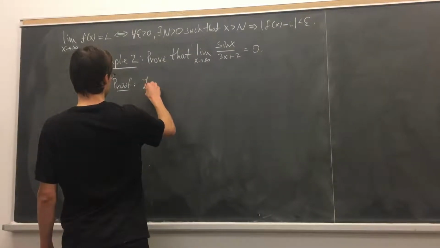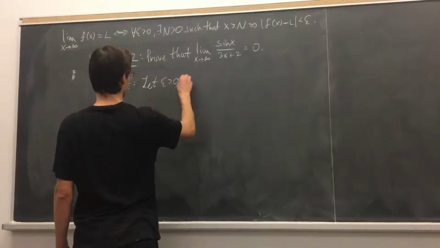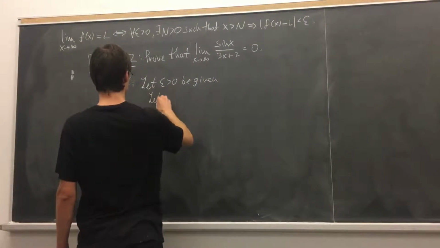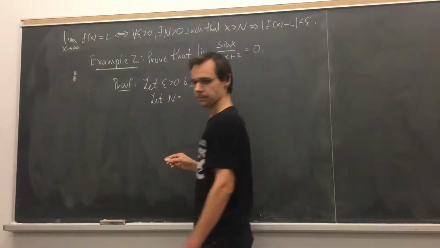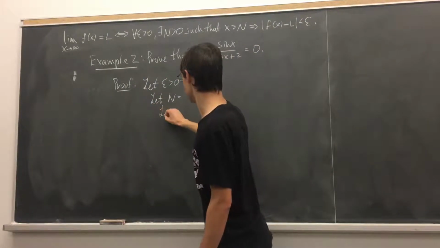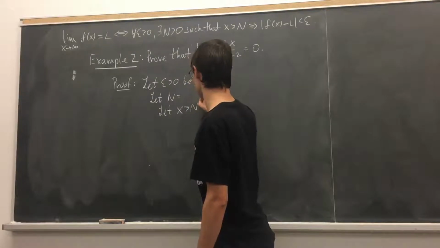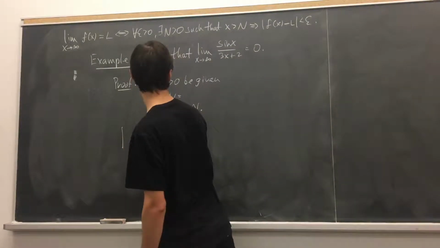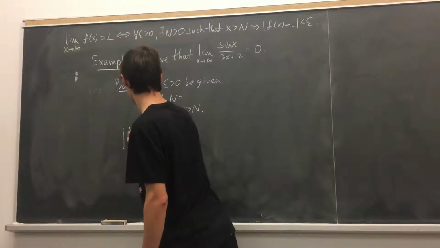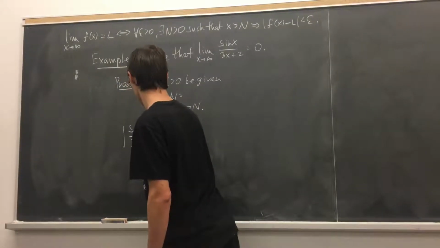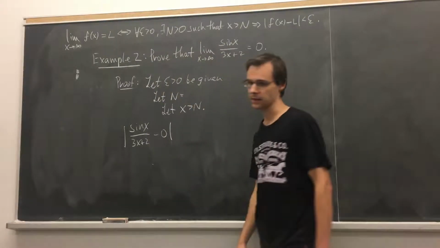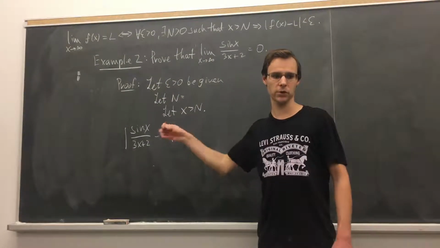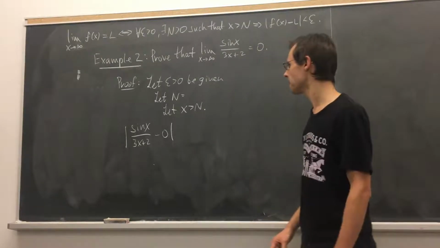Same 3 lines. Let epsilon greater than 0 be given. Let capital N equal something, okay? And let x be larger than N. And what we want to do is we want to show that sine x over 3x plus 2 minus 0 can be made less than epsilon. And we want to find a value of N in terms of epsilon, which makes that happen, okay? So